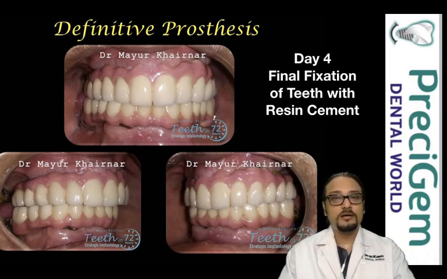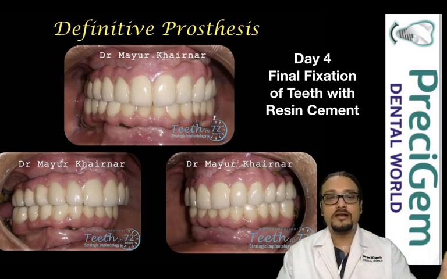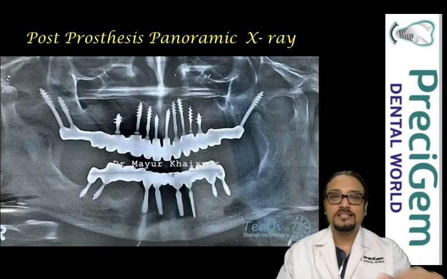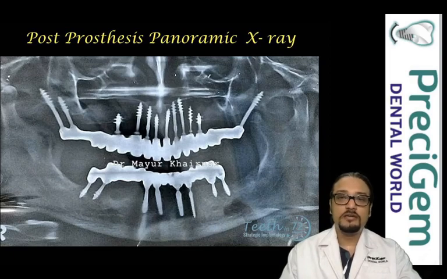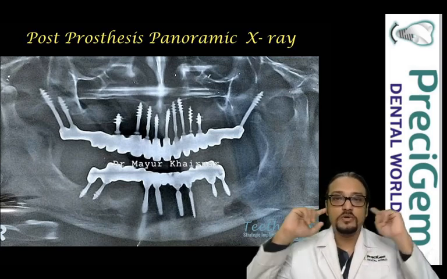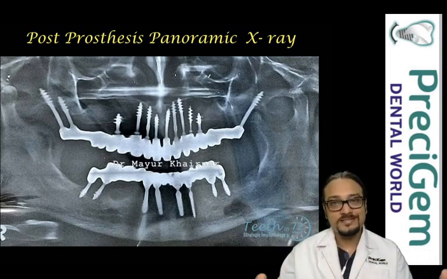Now this is the case in front and right and left hand side of the same patient, so you can appreciate that. That is an x-ray of the patient after giving the teeth. So you can appreciate that in the upper jaw, only in the front region there is bone, and in the back region there is bone. In between there is total sinus.